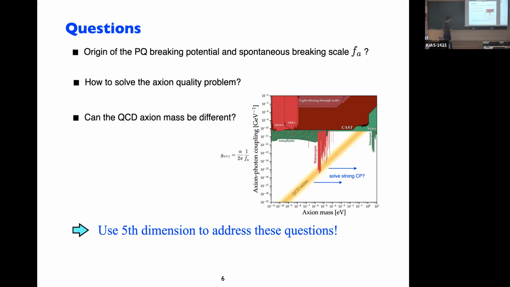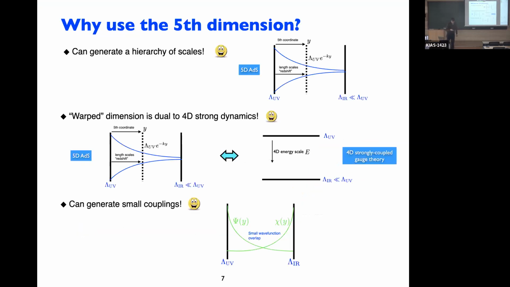So these are the questions that I'm going to address, and I'm going to use the fifth dimension to address these questions. Now, why do I use the fifth dimension? Obviously, I've worked a lot in the fifth dimension, so that's an obvious question. But these are the reasons that I think are helpful. One of the things is that it provides a complete framework, as we'll see as we go along. So I'm not just trying to solve one problem and then be done with it. I kind of want the complete picture, and this fifth dimension framework, AdS framework, whatever you want to call it,